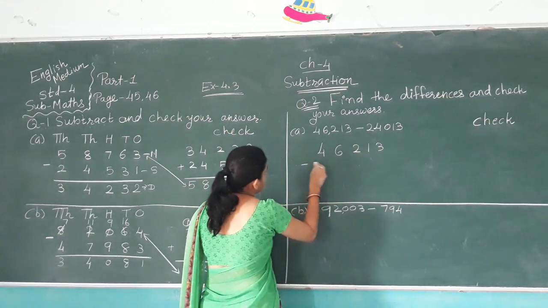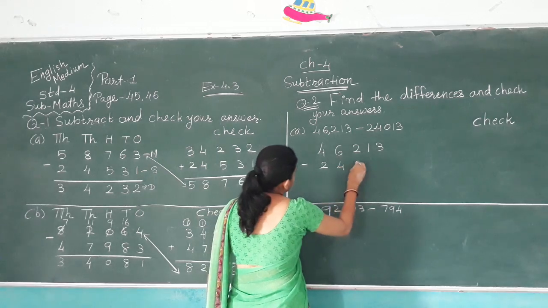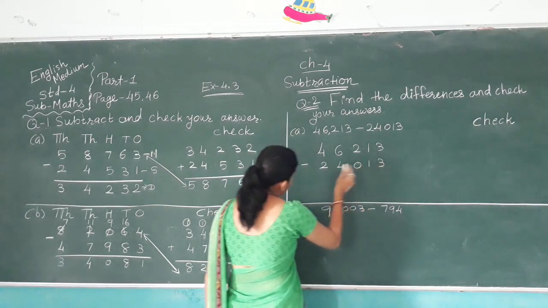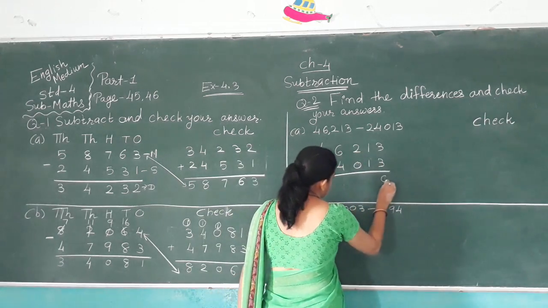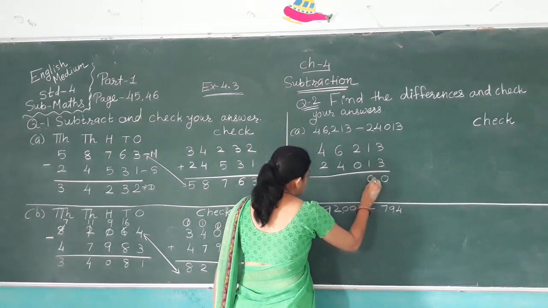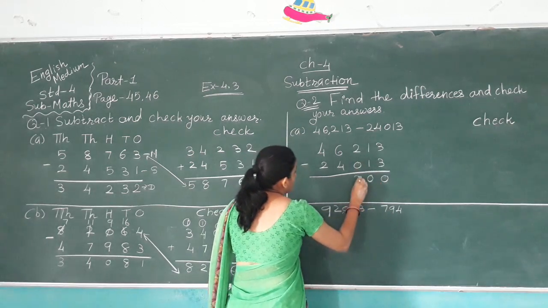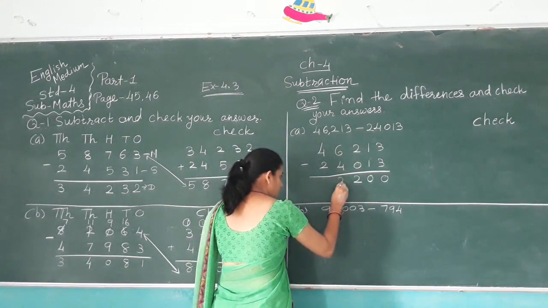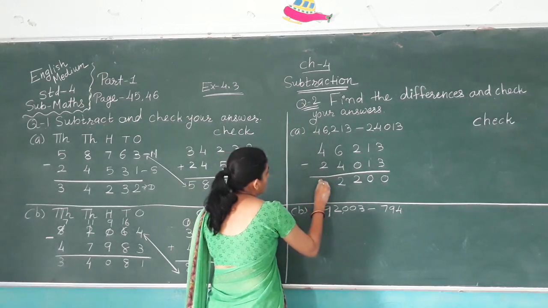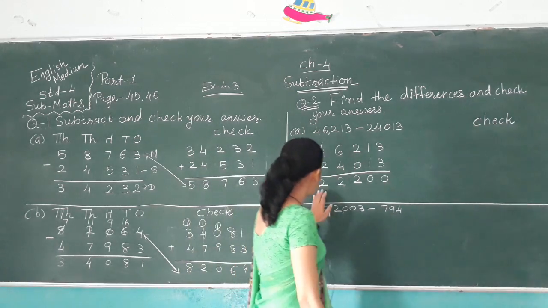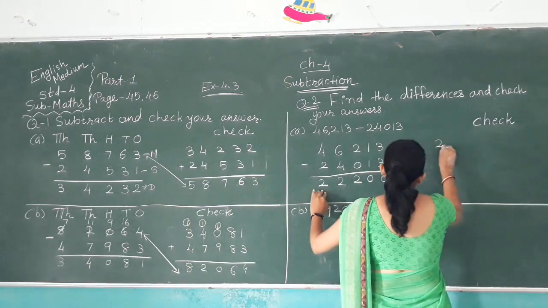46,213 minus 24,030. 3 minus 3, 0. 1 minus 1, 0. 2 minus 0, 2. 6 minus 4, 2. And 4 minus 2, 2. Again check it. First we write the difference